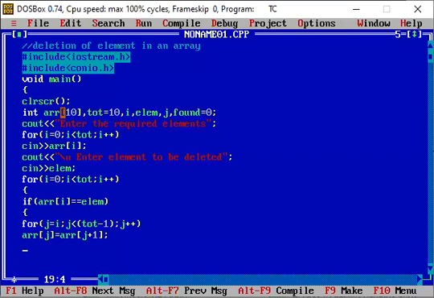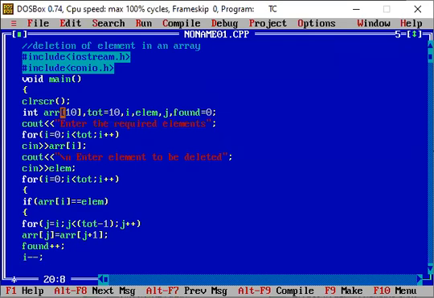So here I will increment another variable, that is found plus plus. Okay, so I have increased the value of my flag to 1, and here again i minus minus. Why so?